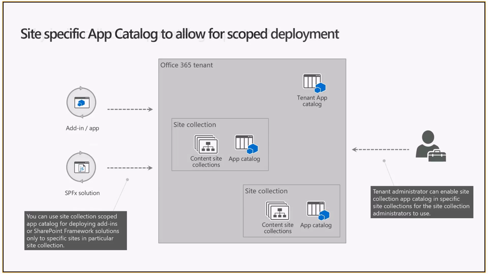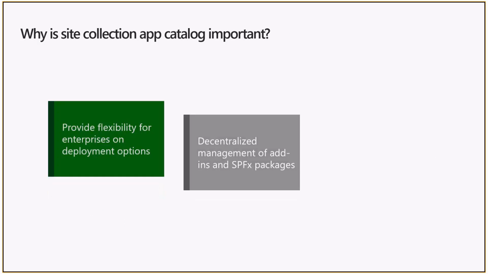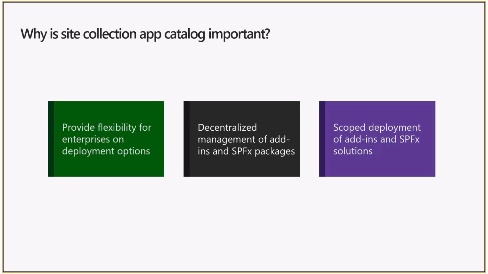Absolutely. Okay. So why is this important? We went through a lot of these things already in the previous slide as well, but this is really around providing flexibility for enterprises on the deployment options. The site collection scoped app catalog does give you the decentralized management of the add-ins and SPFx packages. So a classic example would be HR or whatever business organization that wants to have more flexibility. They want to have their own widgets to be only available within their site collection. And